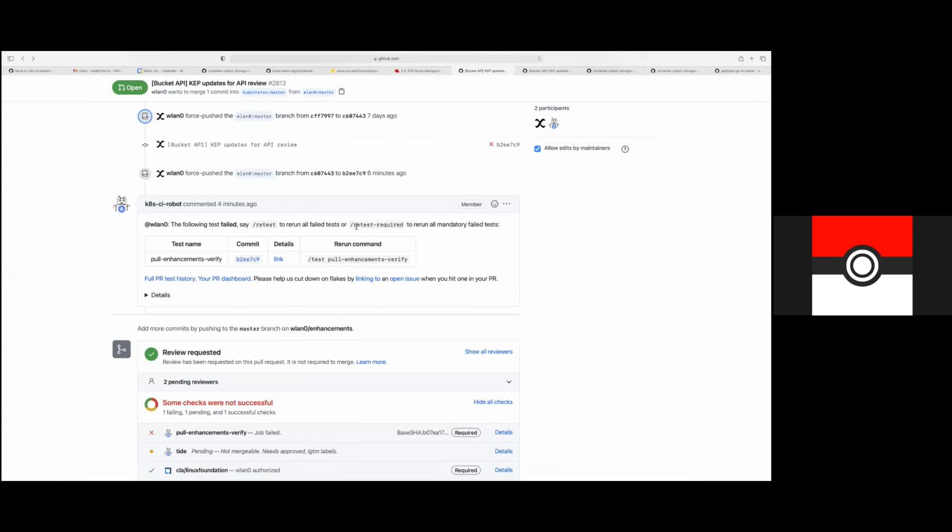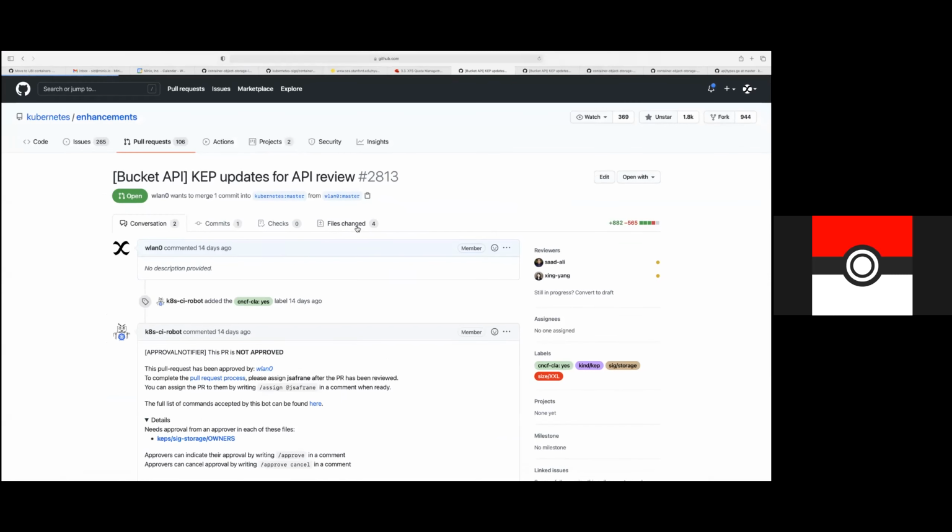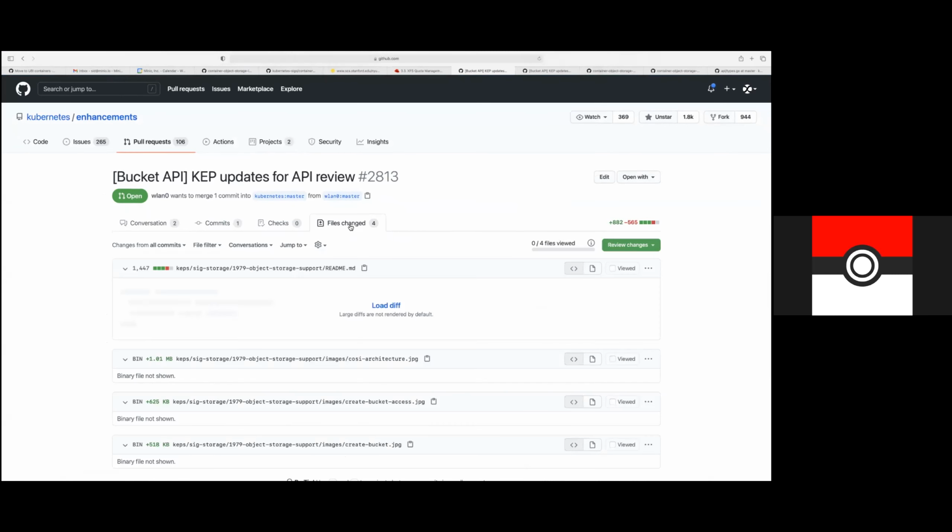All right, so that's where we are in terms of the cap. I'm trying to remember where we left off last week. I believe we were talking about bucket infrastructure. Can someone help me remember this?